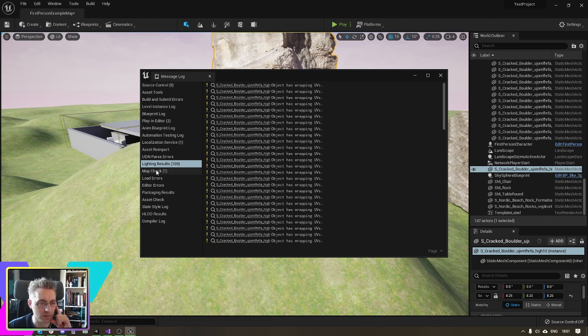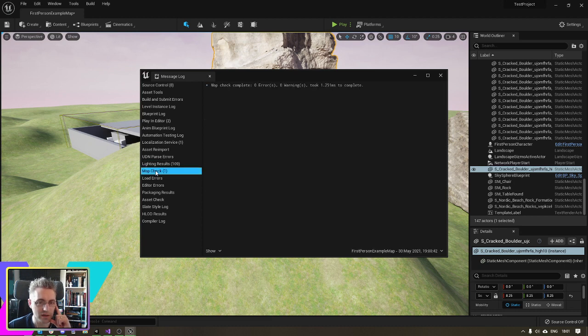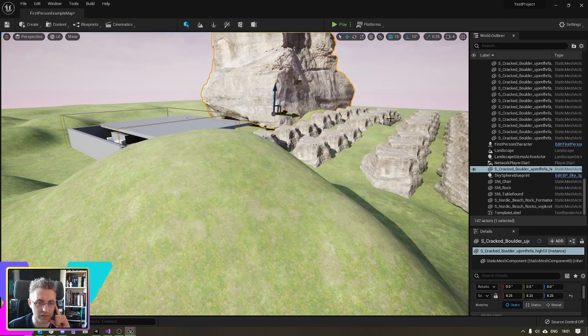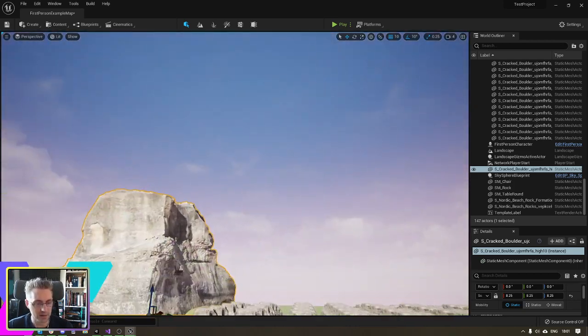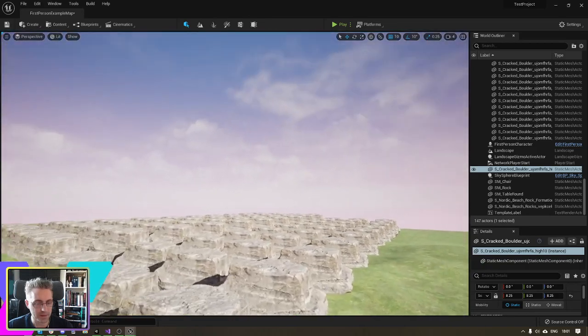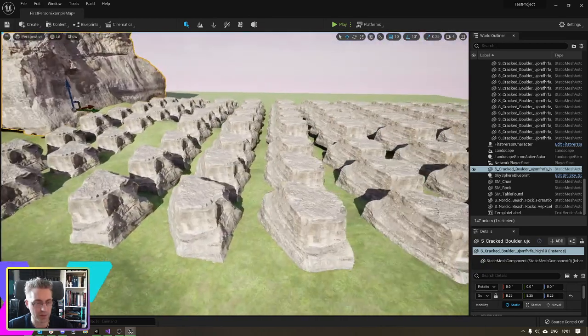That's my lighting warnings, my map check. No problems there. Play in editor. Okay, this is just my message log. I don't know where it's put it, but... I mean, that is an awful lot. Let's just have a quick play with